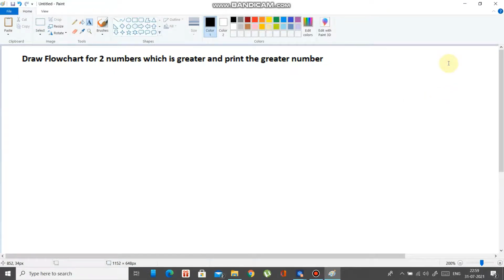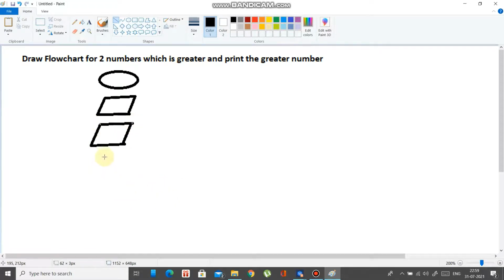So now this is the condition. We have to draw a flowchart by using two numbers, to find which is the greater number and to print the greater number. So we are going to start like this with start, and what will be the next? There we should give one input. To give that input, we will be using a parallelogram. This for input 1, and for input 2 we'll be using another parallelogram.